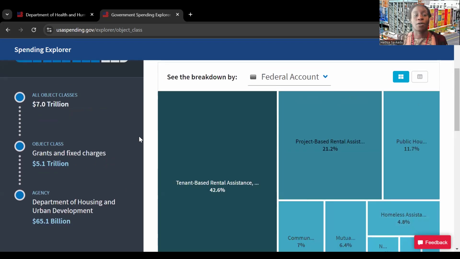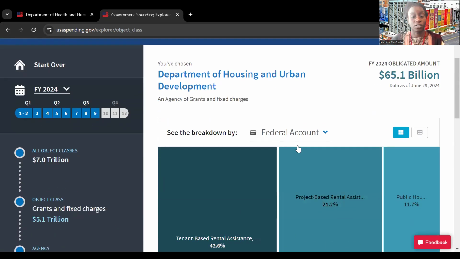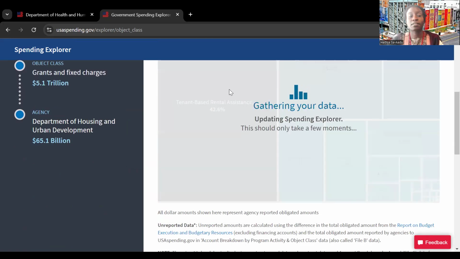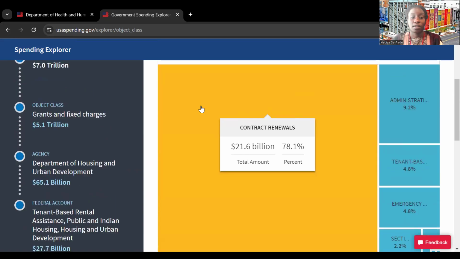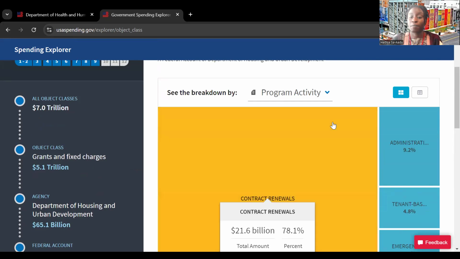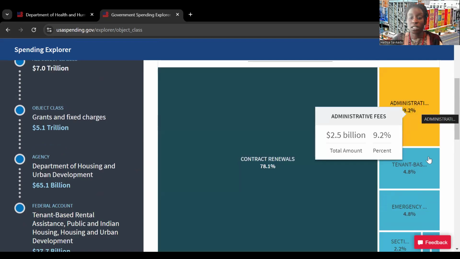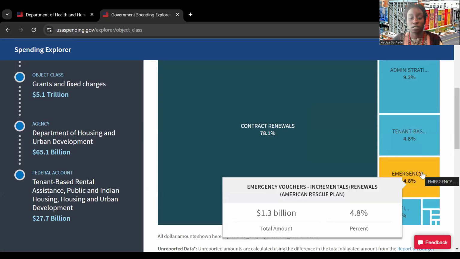So we see then how the database kind of weaves in and out of itself. We've gone from object class now to the agency, now to the federal account. And if we want to drill down further, let's look at tenant-based rental assistance. Okay, and we see specifically that the largest portion of this is in the form of contract renewals. Then we've got administrative fees, tenant-based rental assistance in emergency situations, emergency vouchers,